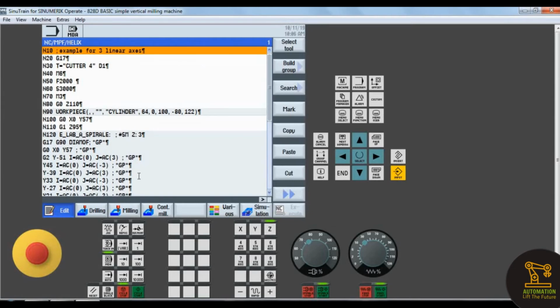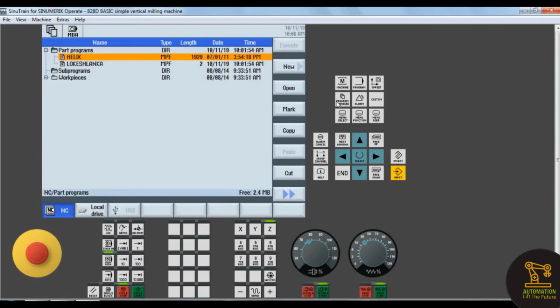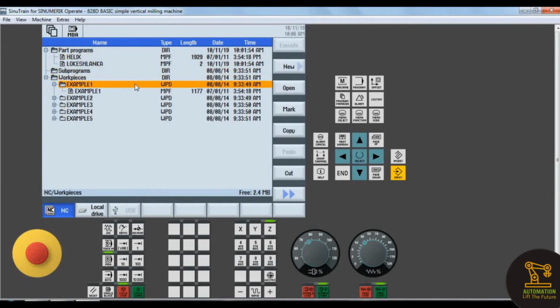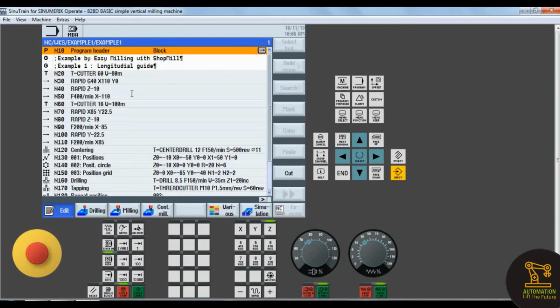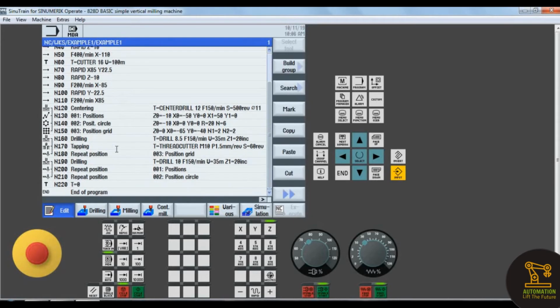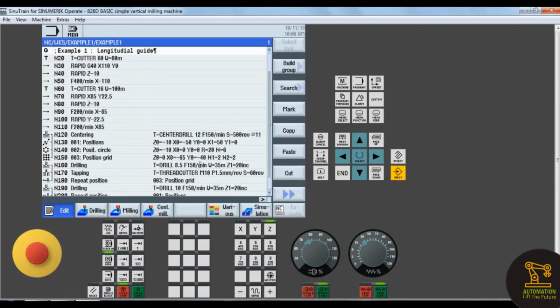Sorry, we can't simulate this. Let's see any other files. No more files in the new machine. We can simulate this.